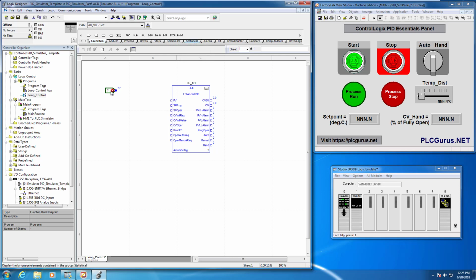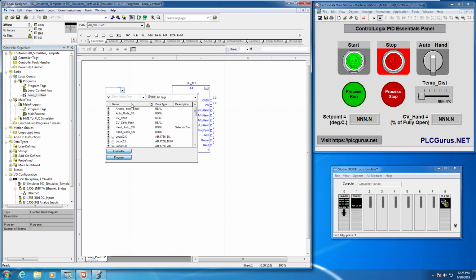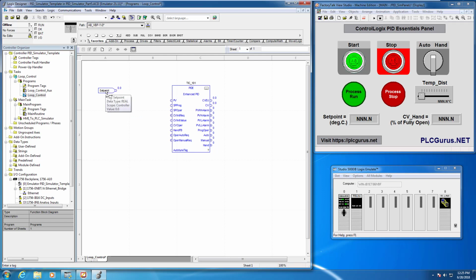All right, so the first thing we're going to do is go ahead and wire up this set point, or this operator driven set point input to the PIDE instruction. So I'm going to go ahead and just double click the blue bar just like we would any other instruction. And if you've downloaded the ControlLogix sim package, you should have a tag defined in there called setPoint. Okay, so this is a real type, and it's going to be mapped over to our sim panel here as the set point for our